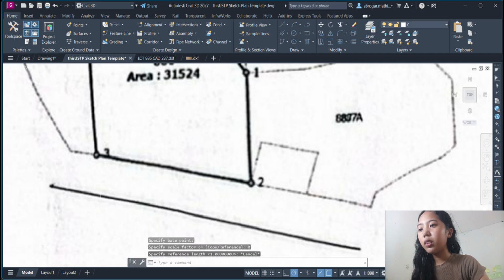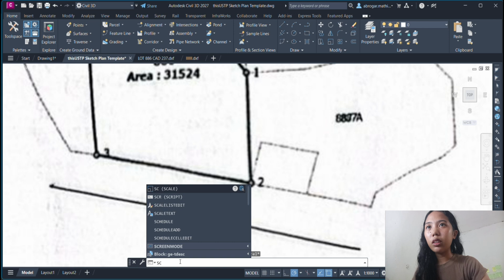Then screenshot this so we can use it as a reference for adjacent lines. Then save.